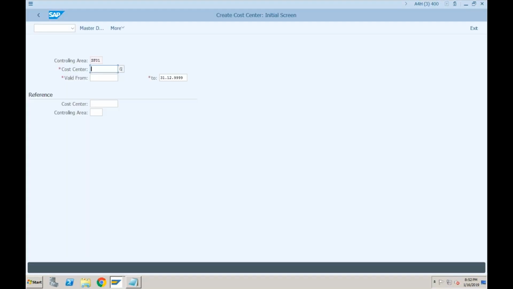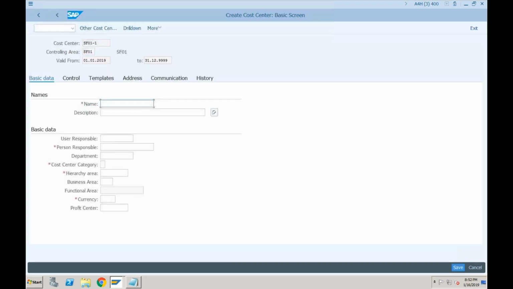So let's say this is SF01/1 and this is valid from 01/01/2019. Okay, you will not find any change here. So this is my test cost center. Person responsible, let's make it as manager.